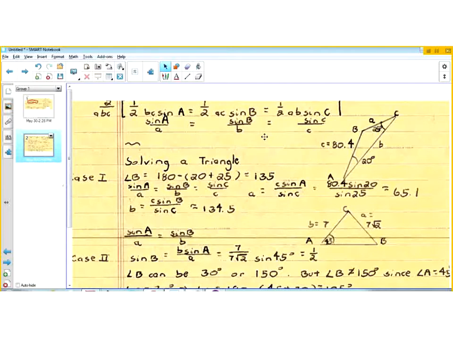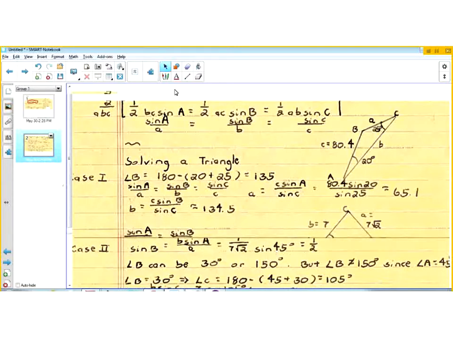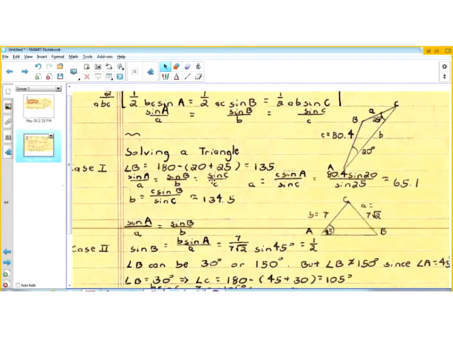So knowing that the sum of the measures of the three angles of a triangle is 180 degrees, we can easily get angle B just by subtracting 20 plus 25 from 180. So angle B has measure 135 degrees. And then we can invoke the law of sines. So sine A over a is equal to sine B over b, which is equal to sine C over c. So a then is equal to what? c times the sine of A divided by,